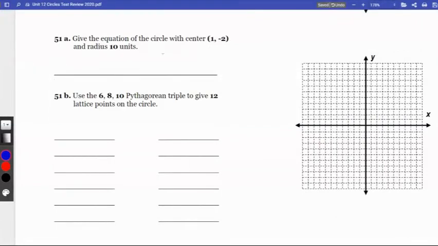Give an equation for a circle with the center of 1, -2, and a radius of 10. So pretty straightforward here. We do x minus the x value squared. Definitely a formula that you're going to want to have at your side as you're working on the test at the end of this week. Y minus the y value. The y value is -2. Y minus -2 looks like y plus 2 squared equals the radius squared,